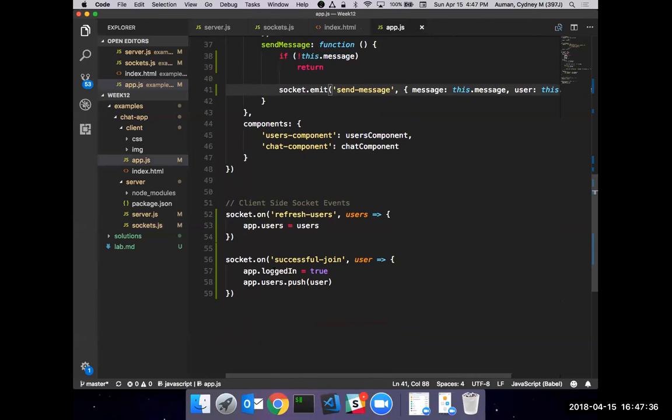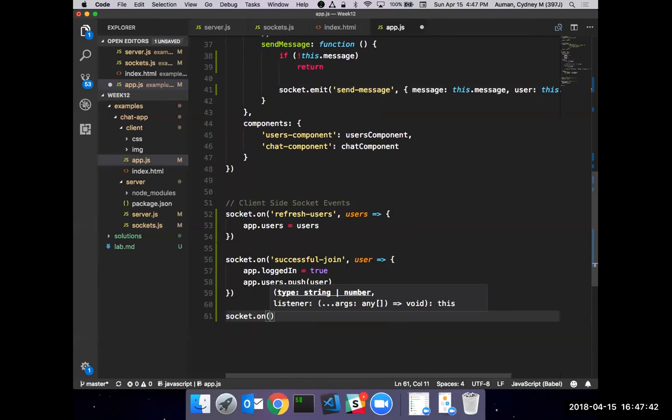And so now we need to handle this again on this side. We have this socket.on successful message, right? And this would be the message.